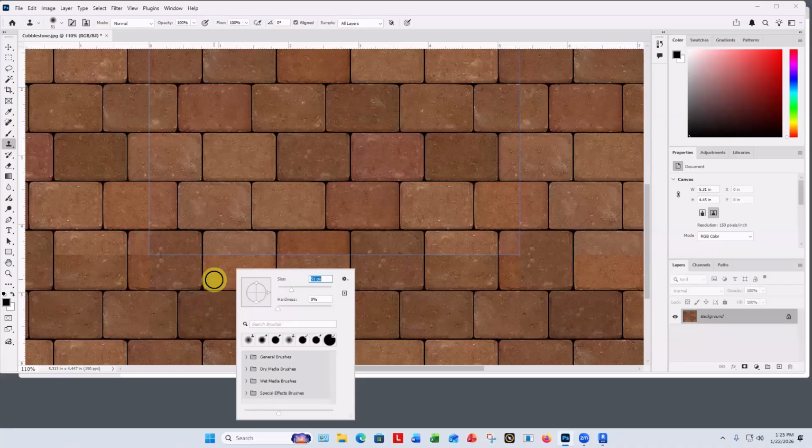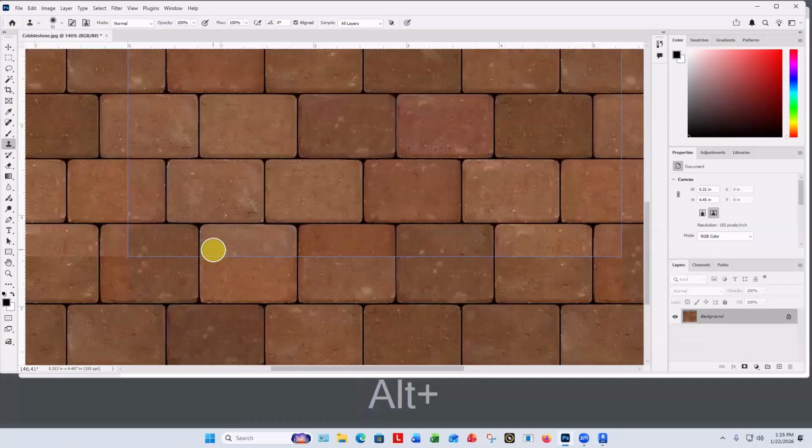So I'll do Alt click right here, and then I just start painting. Here I went down a little too far and grabbed some of that, so I'm just going to do Alt click again up here and paint over that. And while I'm here, I'm going to fix these bottoms as well. I'm going to set a new starting point, Alt click, and then paint up into here. I'm not trying to be Rembrandt or anything. Just want it